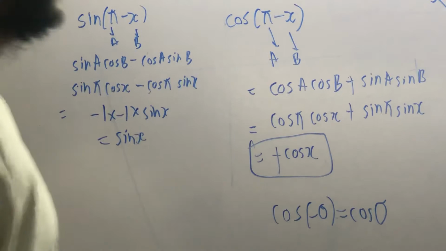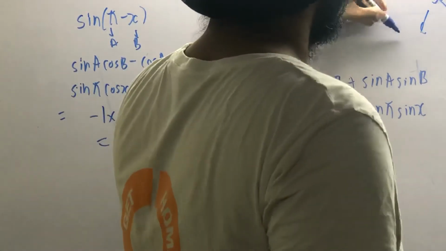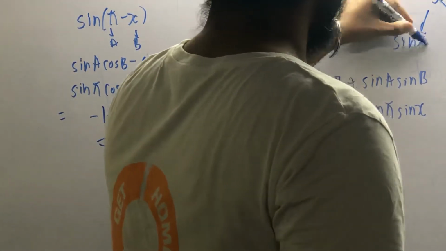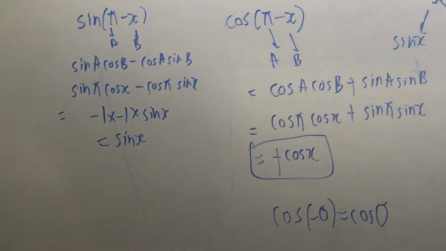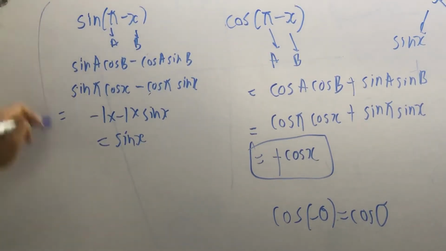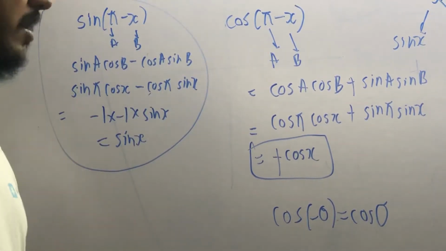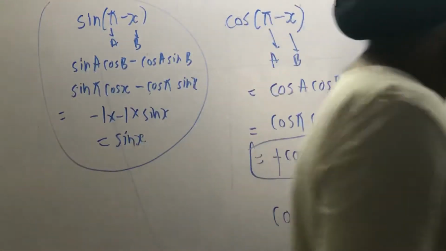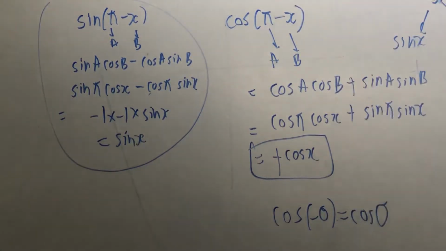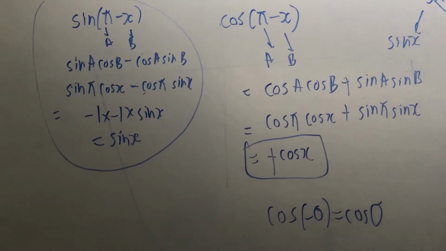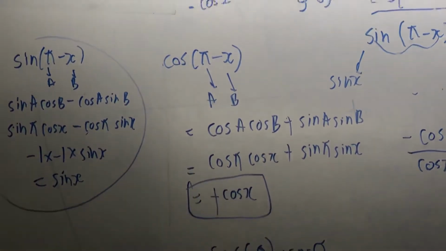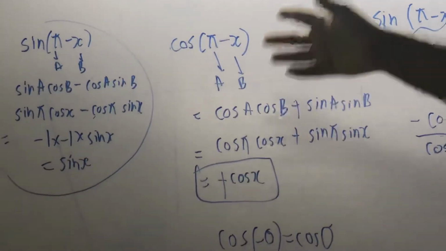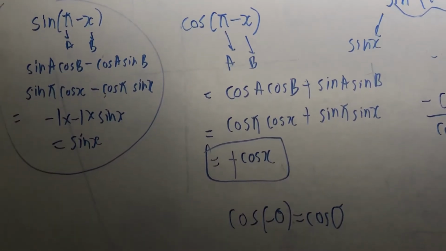So this is the value of sin(pi minus x), sin x. See, your teachers, I think in this chapter, want you to find these values by using this method. But you can use the other method also, as I have shown you. The 90 into 2 method that I told you, you can do it with that too. Nobody is going to force you. It's your choice. You can use this method also. It's up to you completely.